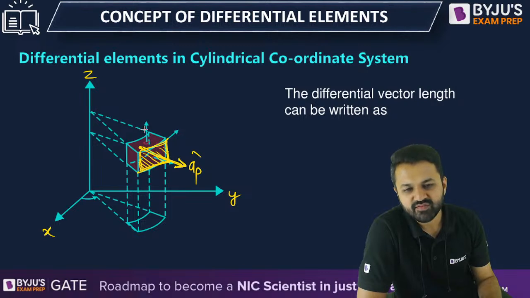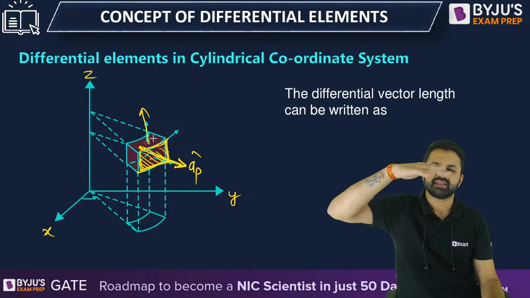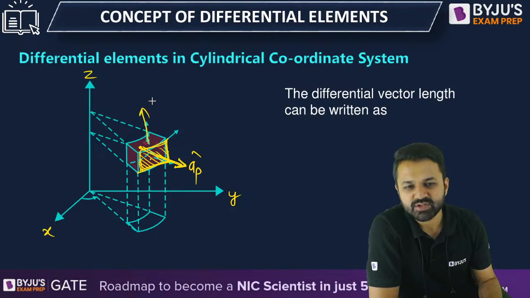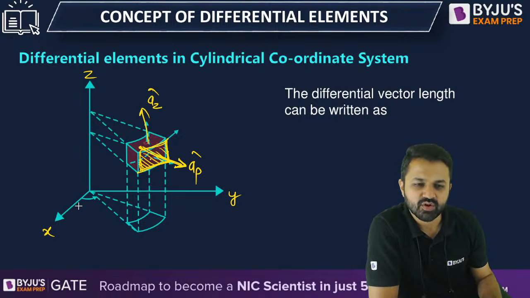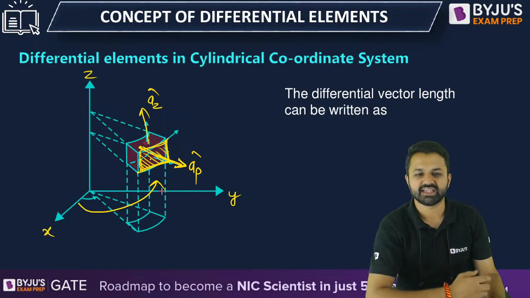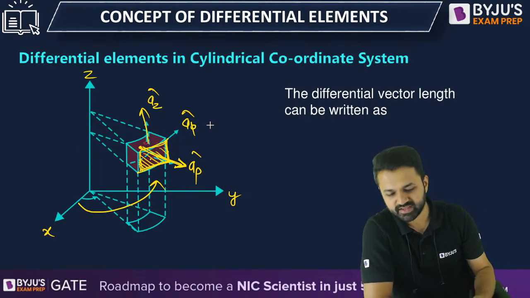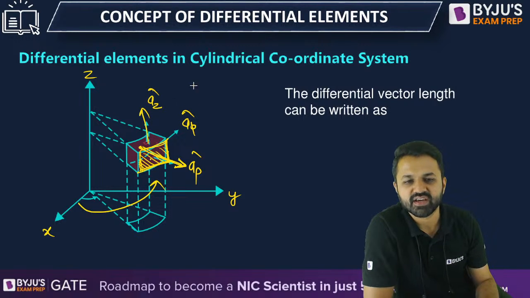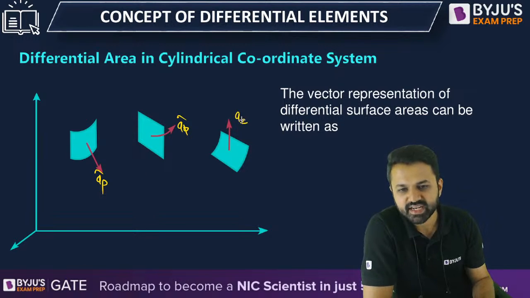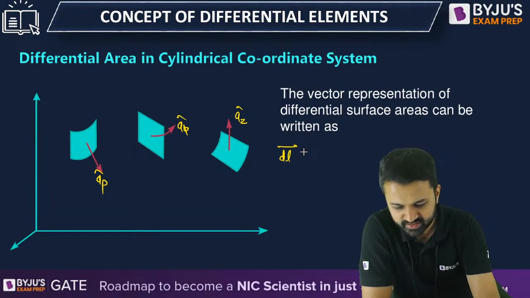Okay. Now when you talk about the top one, when you move from inside to outside in the upward direction, that means you are taking the top surface of this object. That means you are moving in the positive z direction. And when you move in the anti-clockwise direction, that will automatically become the direction of phi. So in this way we get a rho, a phi, and a z. Here this is the direction a rho, this is the direction a phi, and this is the direction a z.